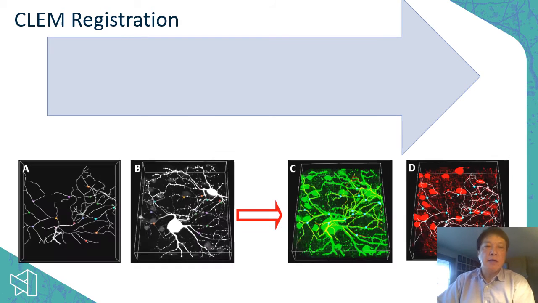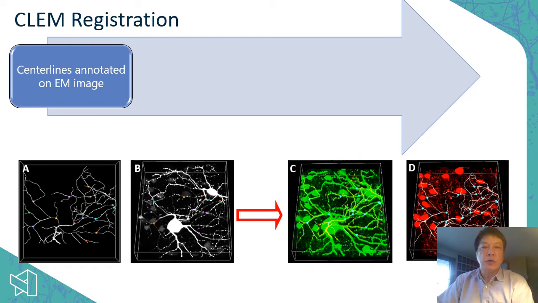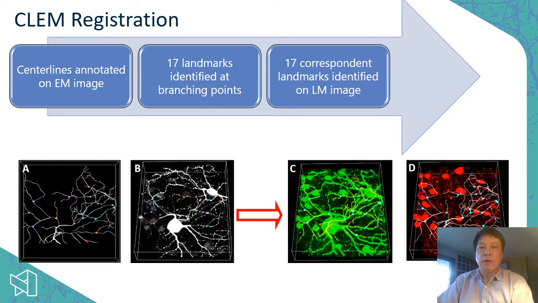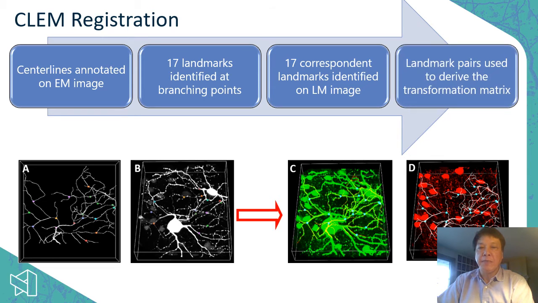For the CLEM, we first draw the center line of the EM image, then identify 17 landmarks at the branching points, and then find 17 corresponding landmarks from the LM image. Then we use the landmark pairs to determine the transformation matrix. This is just showing some examples of this